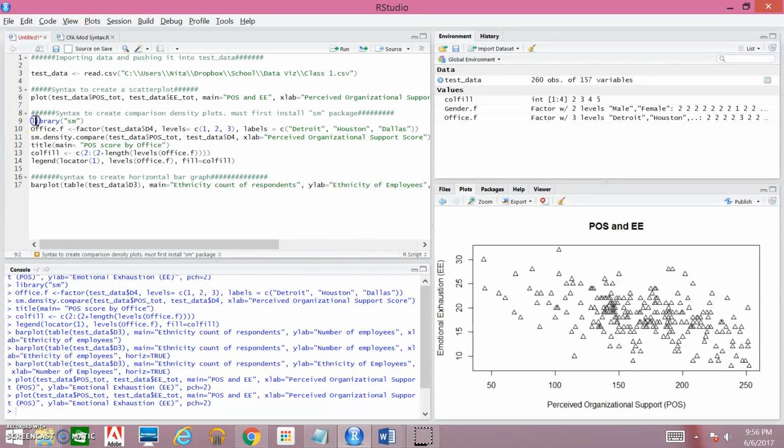So the next data viz tool that we're going to do is the comparison density plot. And in order to build this plot, you actually need to use the sm package, which I think stands for smooth method or something like that. Now, I didn't include the line of syntax here, but prior to using the package, you actually need to install the package. And in order to do that, you just type in